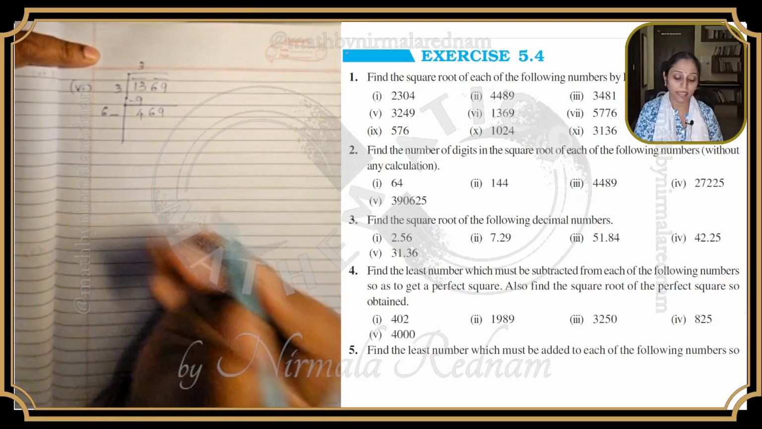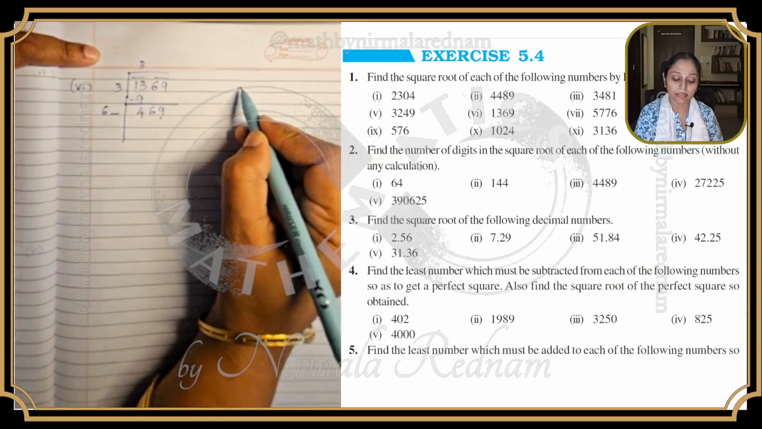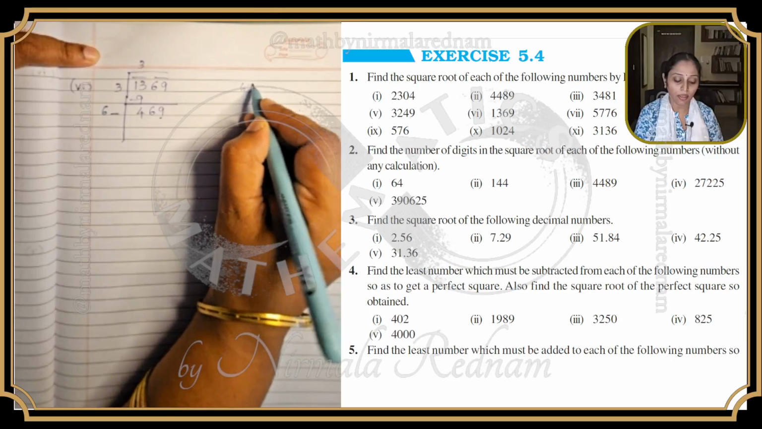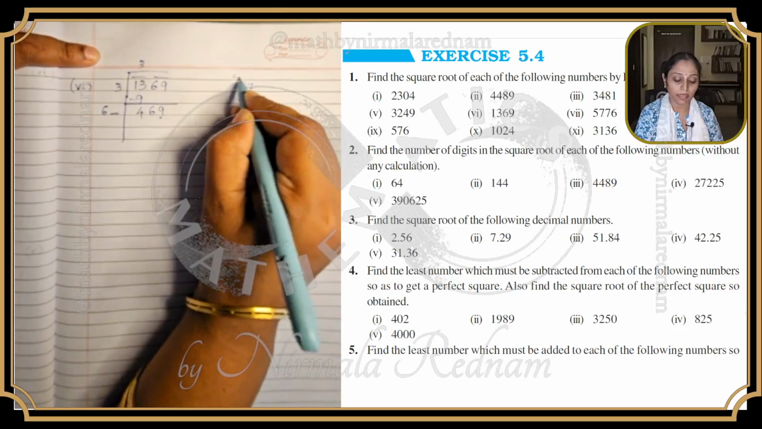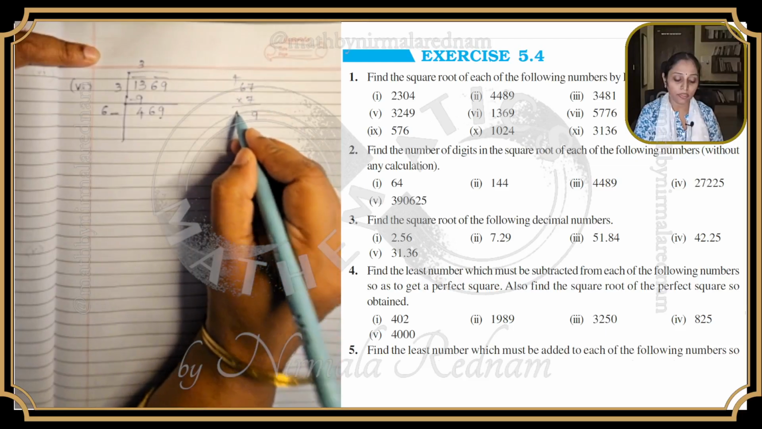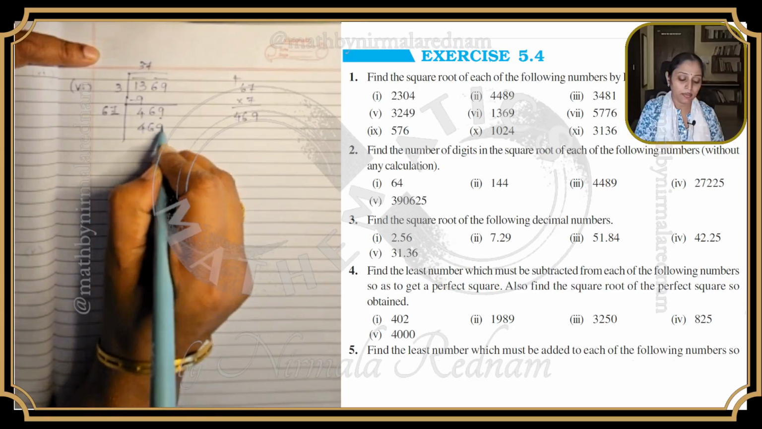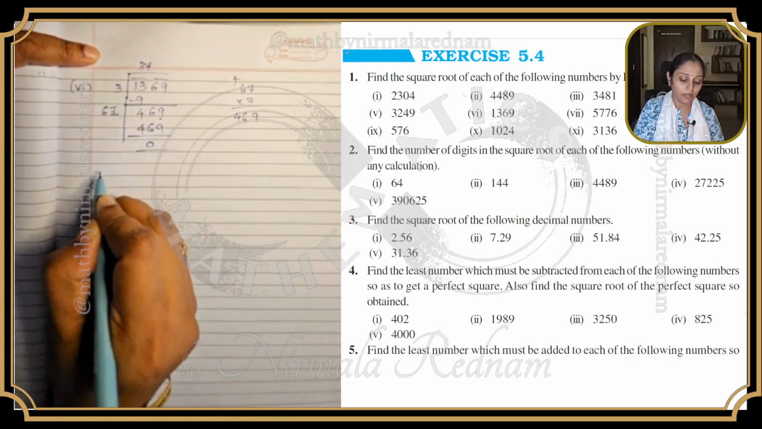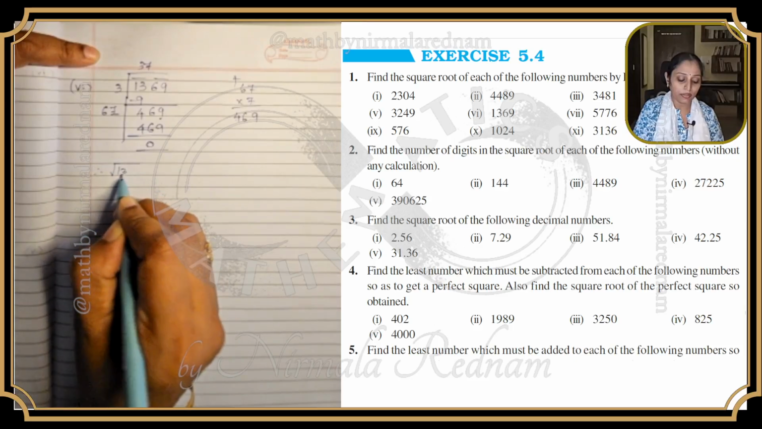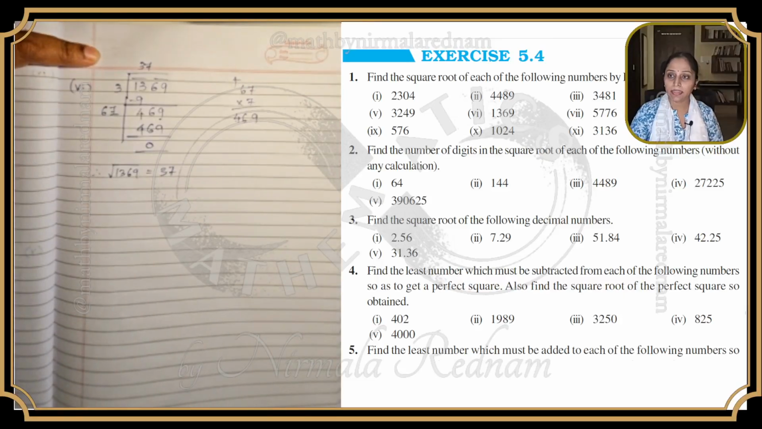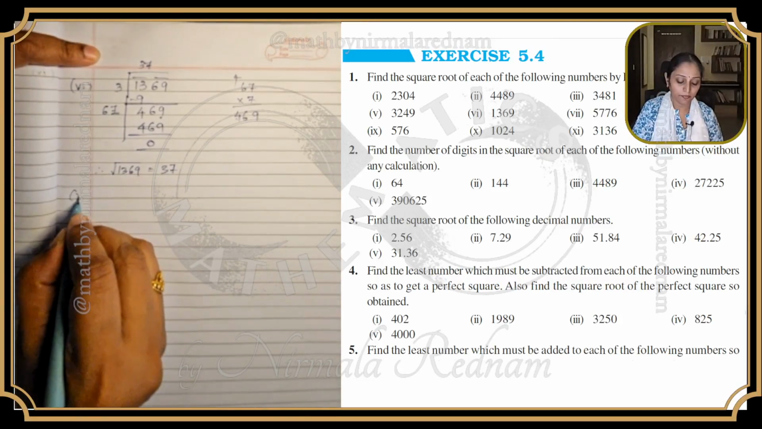What is going to be the next number? Again, because it's a 9, it's either 3 or a 7. Right? 3 is too small. So I'm going to check 7. 49. 42 plus 4 is 46. So 37 is my square root. Therefore, the square root of 1369 is 37. Right? Next question I have